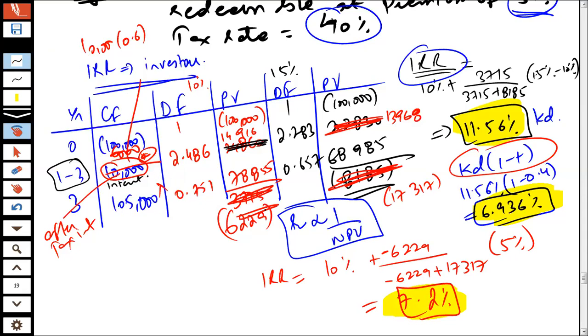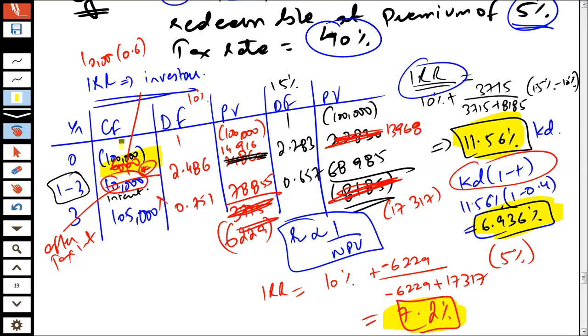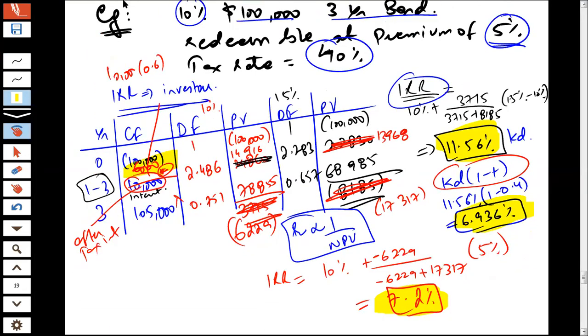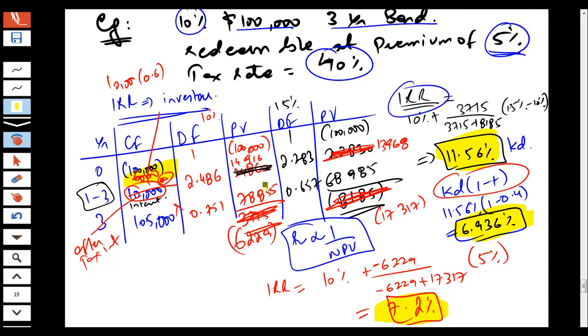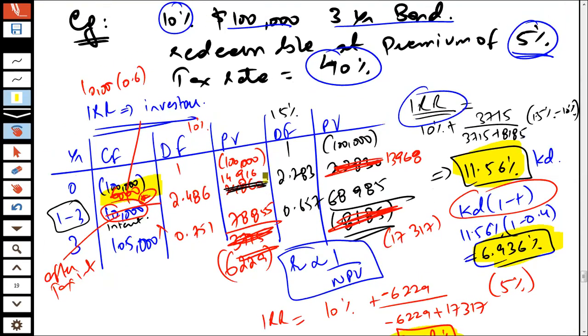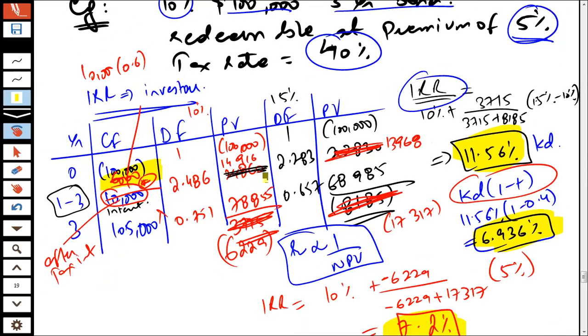The reason is that this is a better approach, which is to use 6,000 rather than using the 10,000. So kindly look at it so that you can have an idea. What I have done now is the correct way of calculating the cost of this redeemable debt, which is to use the after tax interest here.